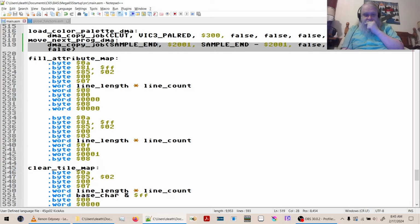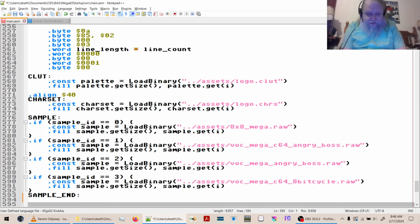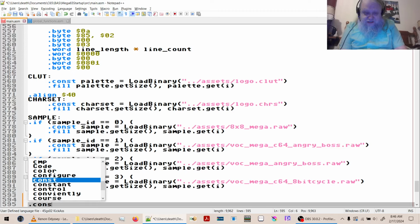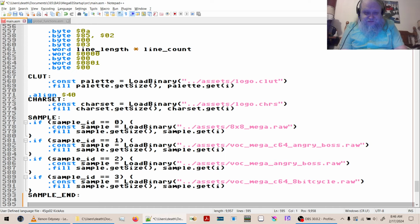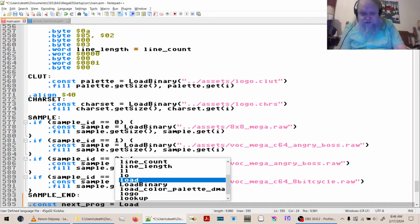Oh, you know what? No, we're moving it a lot more than that. Okay, so we've got the sample end, and that is basically the end of the program. But then we need to, yeah, this will do const. All right, next prog equals load binary